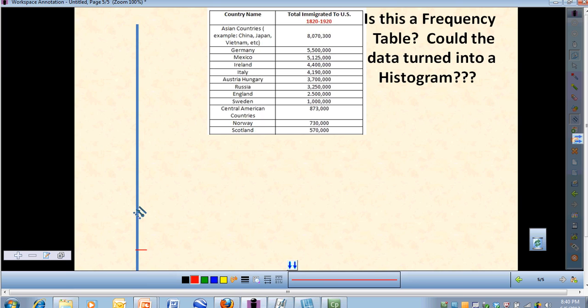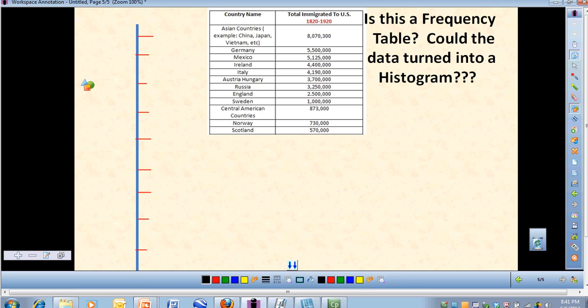I know it's not the easiest thing to see, but we can work with this. Actually, let's go ahead and turn it into the actual slideshow. Yeah, now it's easier to read. So, this first one here would be Asia. 8 million immigrated between 1820 and 1920. So if you were going to do this in order, let's see here, we can split this up, and the part we can see, we'll call the bottom here 0, and then this next one would be,